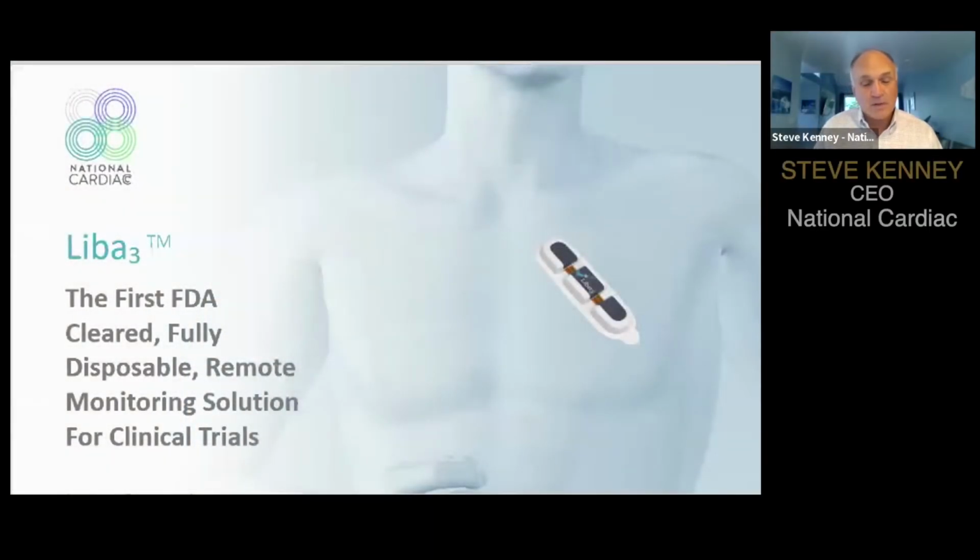The primary point National Cardiac would like to communicate today is that there's a substantially larger opportunity in the clinical trial market for cardiac monitoring over and above the office-based cardiac diagnostics where other patch technologies are currently competing. While there are a number of cardiac monitoring patches on the market today, none of them meet these requirements for clinical trials. The Libre 3 wearable biosensor patch technology is ideally suited for this need due to the simplicity of